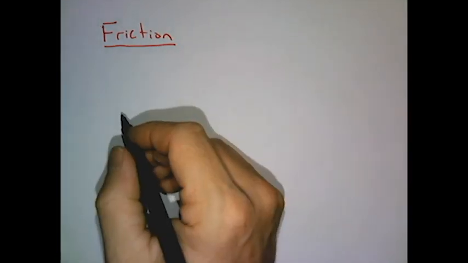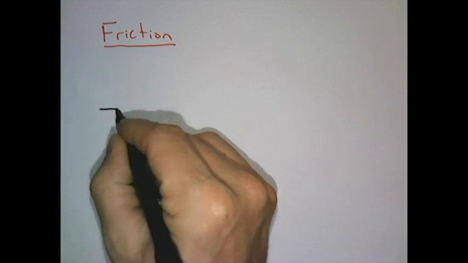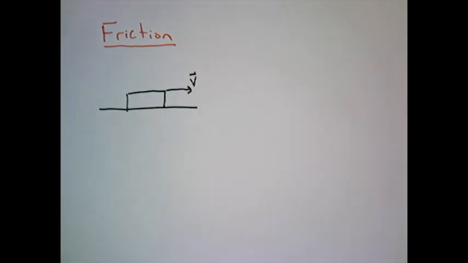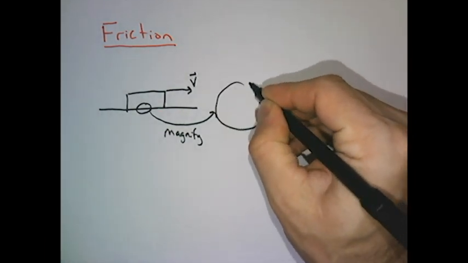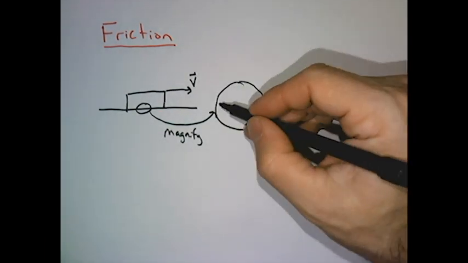So let's consider what happens to an object when it experiences friction. Imagine we were to take this box and try to pull it along the surface at a certain velocity v. If we zoom in on the interface between the two surfaces, we'll see that no matter how smooth the surfaces